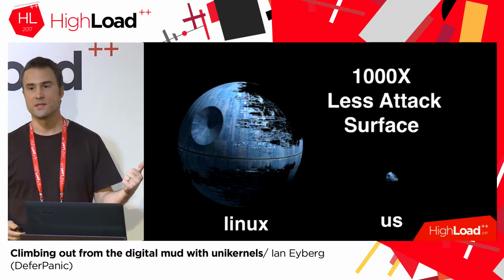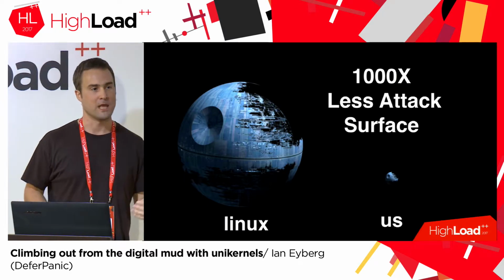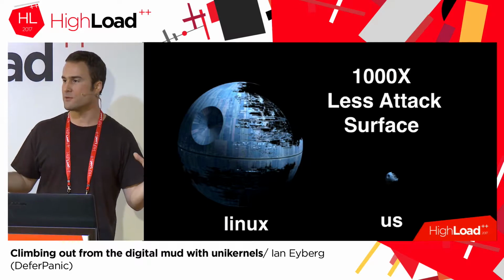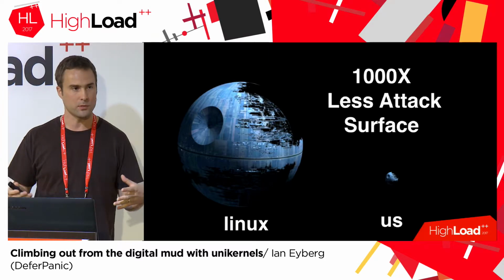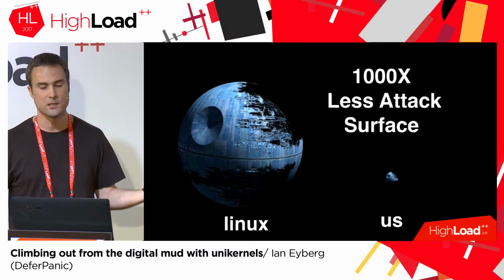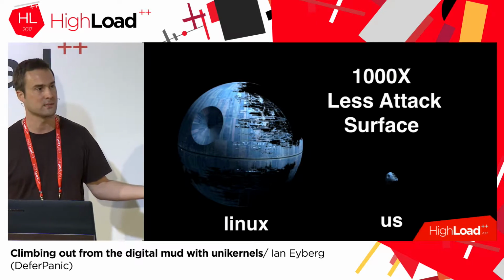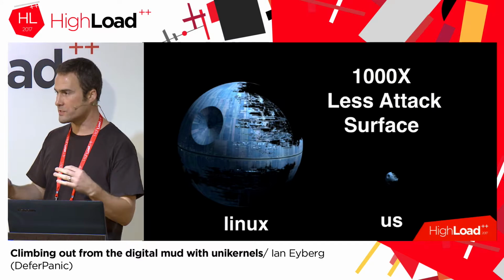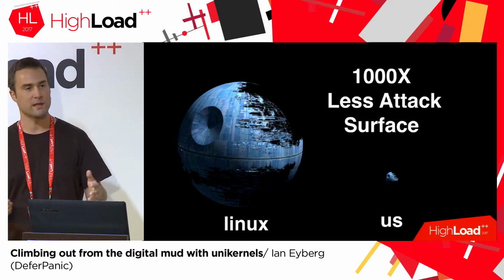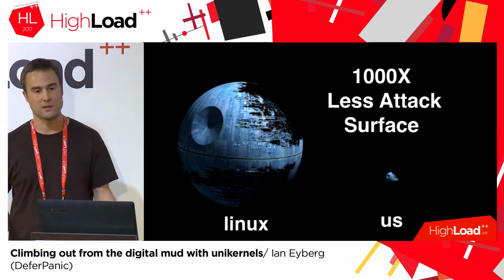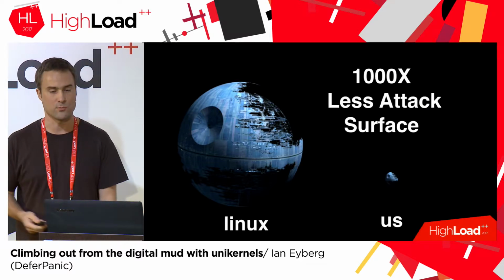The attack surface is ridiculously less. Instead of the tens of millions of lines of code that you might find in a comparable Ubuntu system, for instance, unikernels can have tens of thousands of lines of code or less. They're very, very small. Way fewer libraries, way fewer files. I'll show you later what a file system looks like for it.